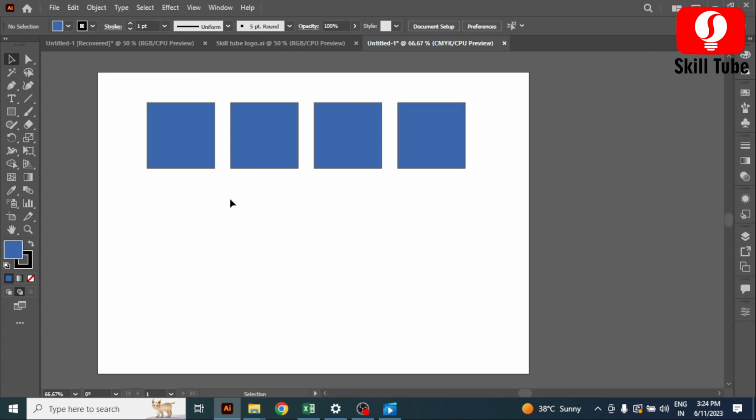So in this video, we are going to learn basic and important shortcut keys in Adobe Illustrator. Also, we are going to learn basic actions that are really going to be helpful while designing in Adobe Illustrator. So let's jump into the video without any further delay because this video is really going to be helpful for